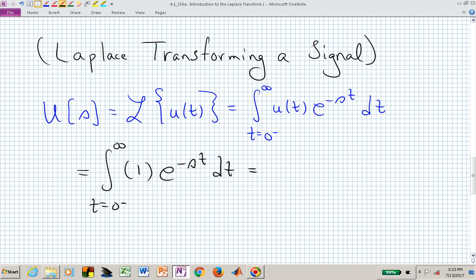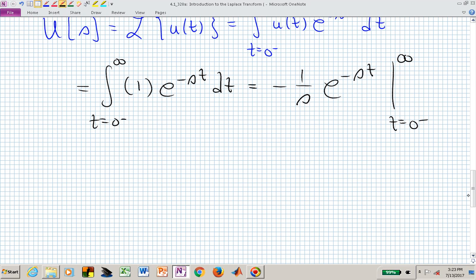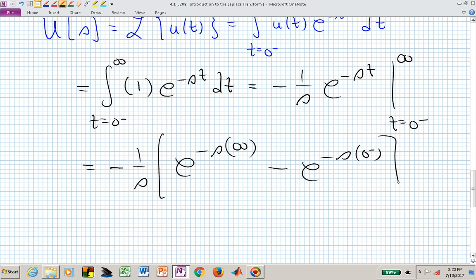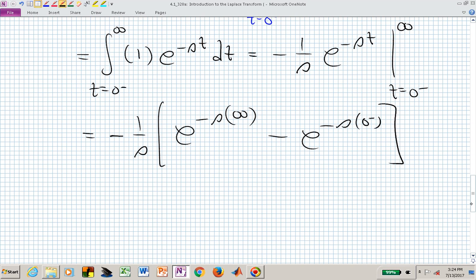Now we simply need to integrate e to the minus st. Don't worry that s is a complex variable. Let's just treat it as a variable. We're integrating with respect to time, and in this case we have this negative exponent. We now have minus 1 over s e to the minus st, and we evaluate that at the lower limit and the upper limit, and again we're evaluating that when time is equal to 0 minus and infinity. Or we now have minus 1 over s, that's independent of time. Evaluate e to the minus s at infinity. So now we have infinity minus e to the minus s 0 minus,